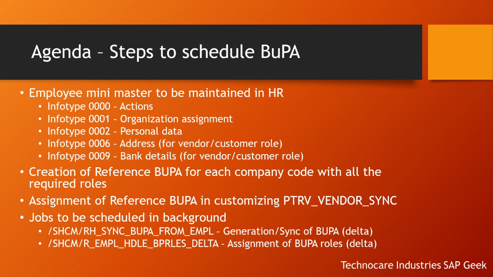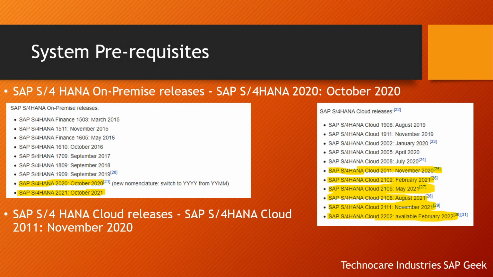Then once all these things are done, we need to schedule the jobs in the background, so that whenever there is a delta change in the data of HR employees, whether it is a new hire or a change in existing employee master data, it should be reflected or synchronized with the business partner data. These jobs will be scheduled in the background and run daily, or at whatever frequency we want to synchronize the data present in HR master as well as business partners. So let us move on to the